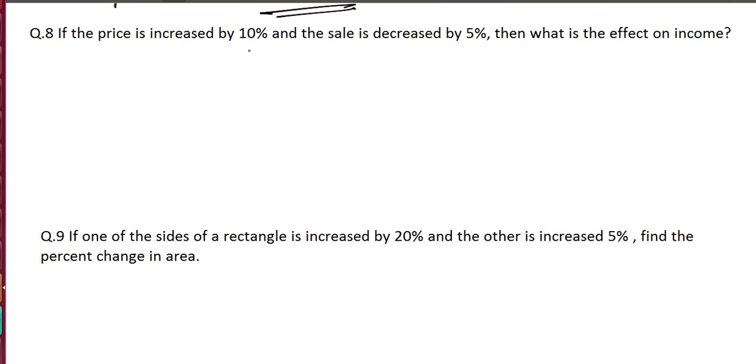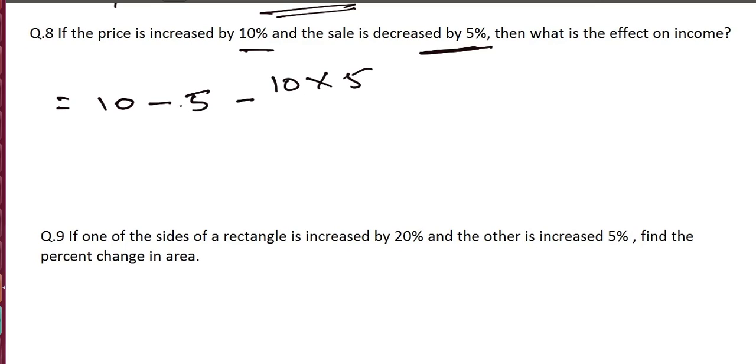If the price is increased by 10% and the sale is decreased by 5%, then what is the effect on income, right? So the price is increased and sale is decreased. Sale decreased means there is a loss, right? So the net effect on the revenue is equal to price increased, sale decreased, 10 minus 5,